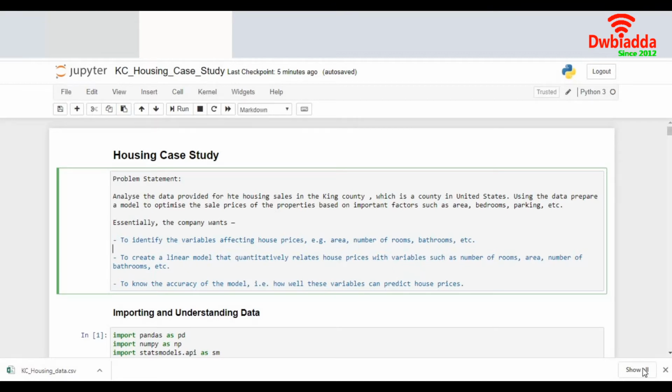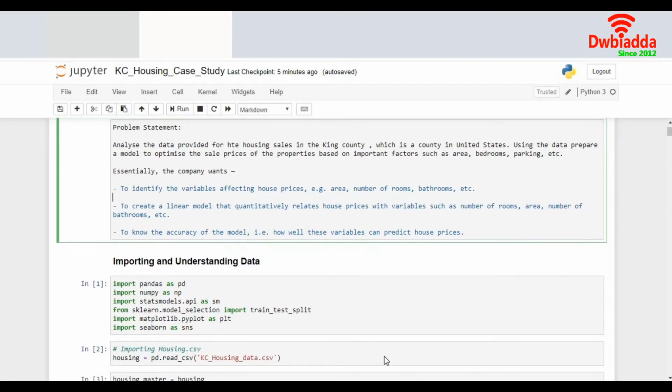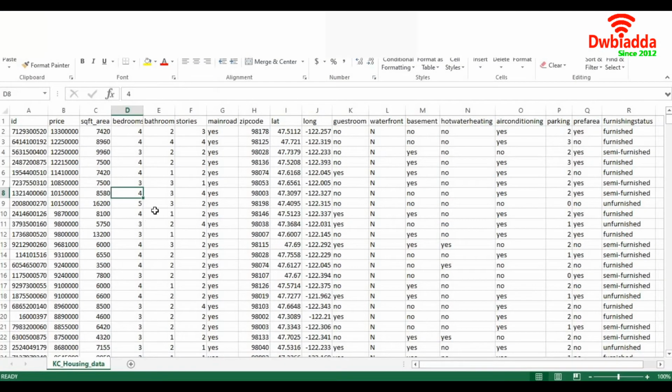Before developing any model, it's always important to make sure that we have a good understanding of the data. This holds good for all the models that we build, not only for linear regression. For any kind of prediction model, we need to have a very good understanding of the data. So let's do that first. Let's go through the data once, then we can look into the code.